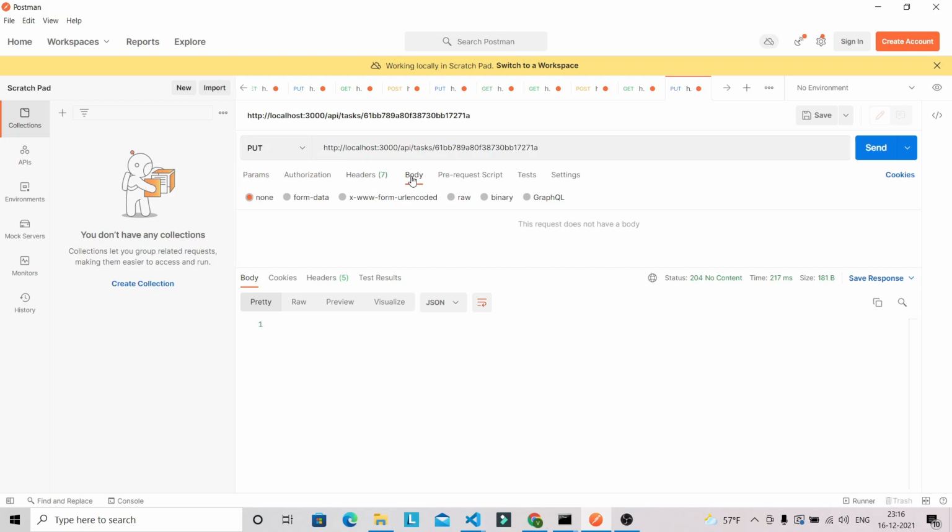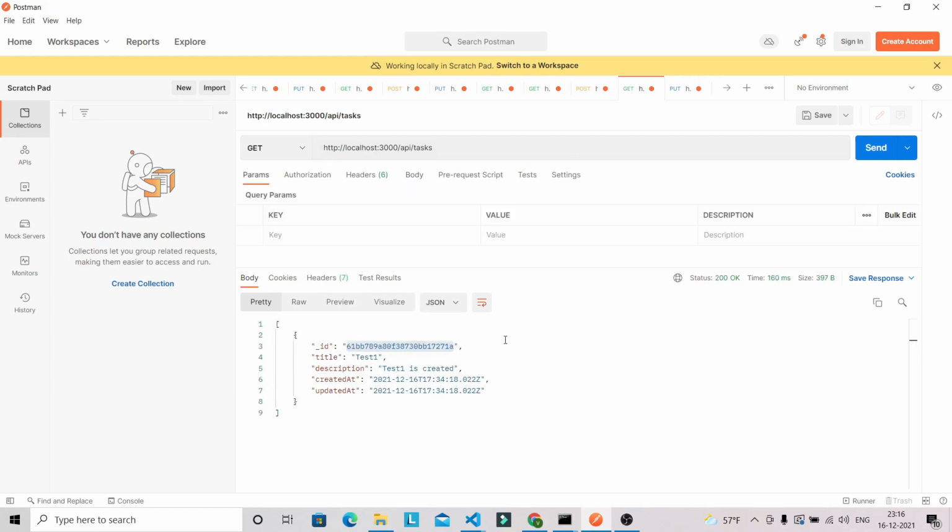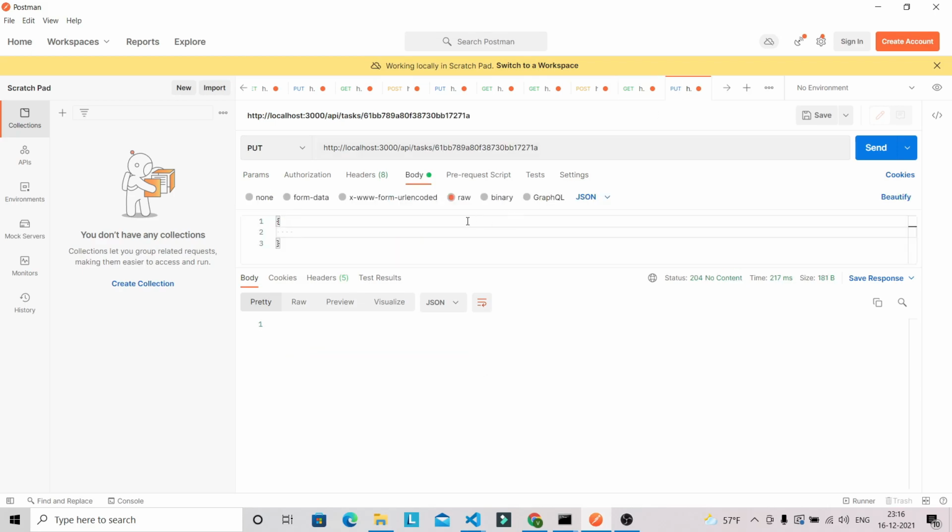Let's go to the body, select raw, and this will be JSON, and we can just copy this title and description. So this is the updated one that we have. Let's copy this one and paste it here.